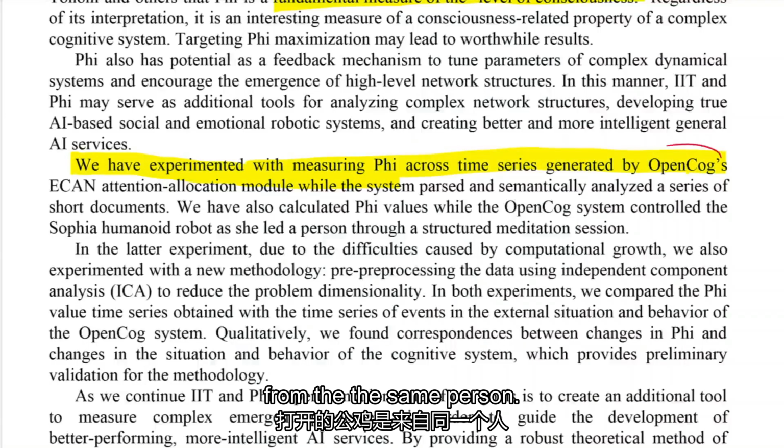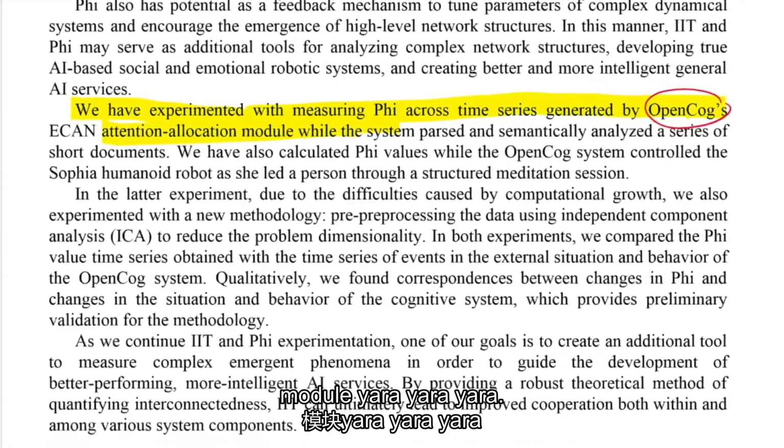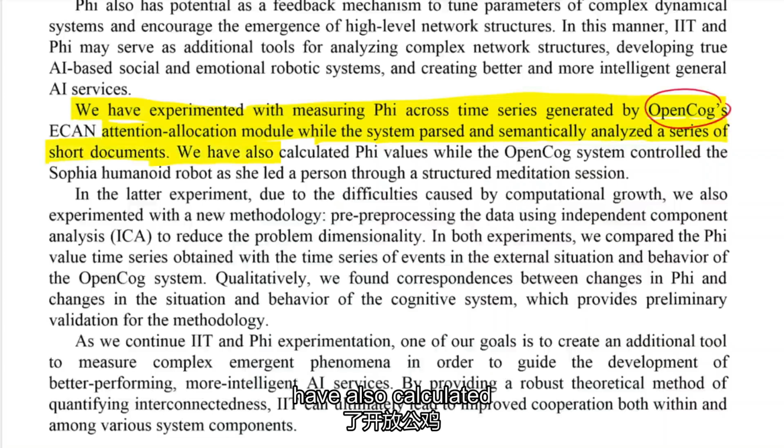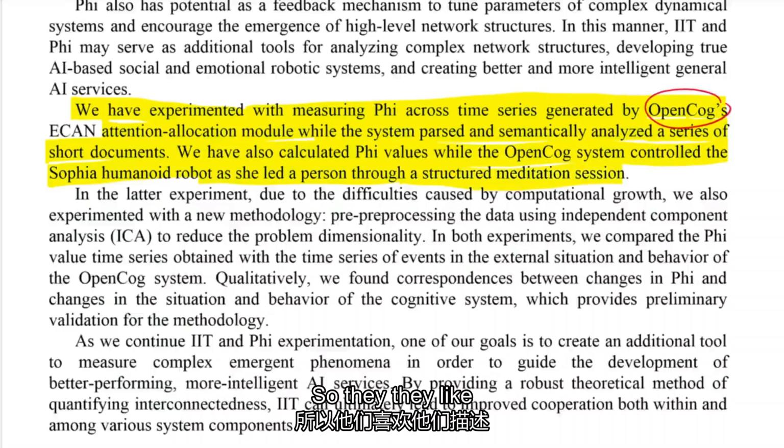By the way, OpenCog is from the same person. That's one of the co-founders, Ben Goertzel of SingularityNET. OpenCog's attention allocation module, yada, yada, yada. While the system parsed and semantically analyzed a series of short documents, we have also calculated phi values while the OpenCog system controlled the Sophia humanoid robot as she led a person through a structured meditation system. So the extent of them describing the research is simply, we have experimented with it and we have measured it